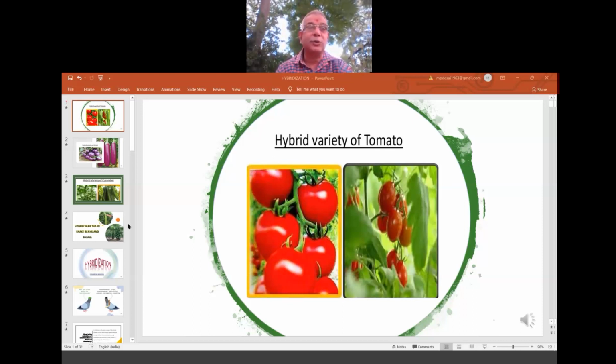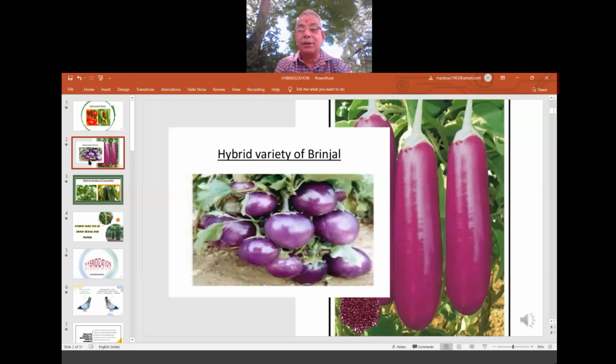Now please see this one. Hybrid variety of badanekai, brinjal. Earlier we used to have small size, round shape, with a lot of thorns. All those normal ones, what we say in our normal North Karnataka language, Javari. Now this is hybrid. People say that hybrid variety is not good. Javari or the original one is very tasty.